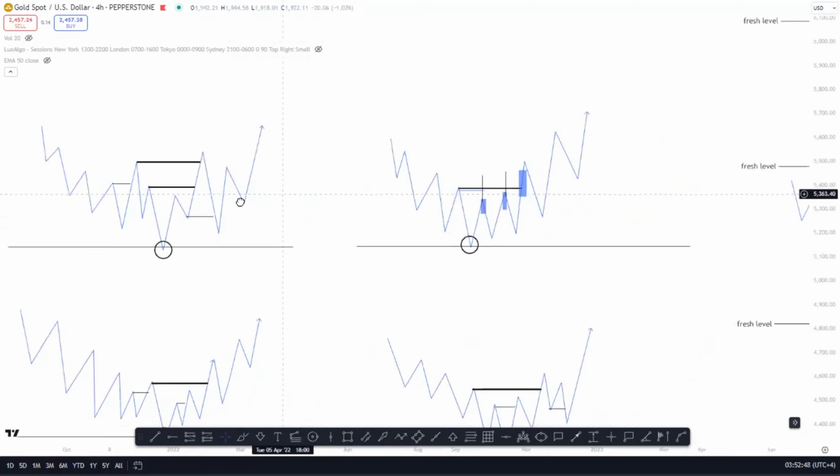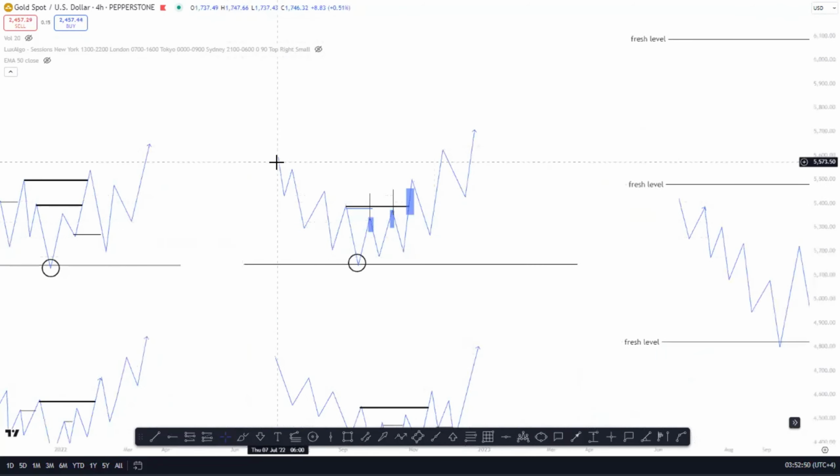Okay, this is another example. We are in a bearish trend, right? And the price reaches our fresh level. What happens when the price breaks our last A-shape that was created before the price touched our fresh level? Did we change from bearish to bullish trend, or are we still in a bearish trend? We are still in a bearish trend because the breakout that happens with the wick of the candle